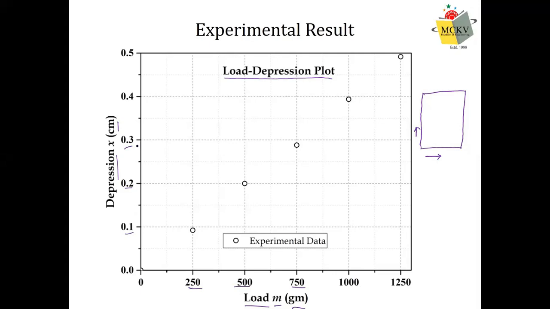Next thing, what you require is the smallest value along the axis. That means one smallest unit along x-axis, one smallest unit along y-axis. Don't write 1 millimeter equals to 50 gram. It's meaningless. So you should write one smallest unit along x-axis equal to some value in unit. Let me say one smallest unit along x-axis equals 25 gram. One smallest unit along y-axis equals 0.001 centimeter, like this. So how will you do that?